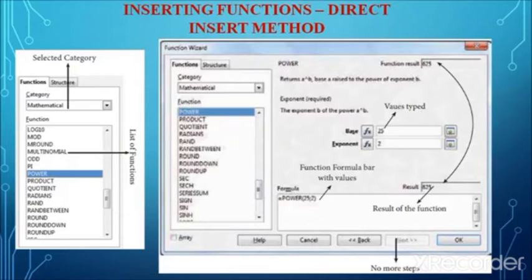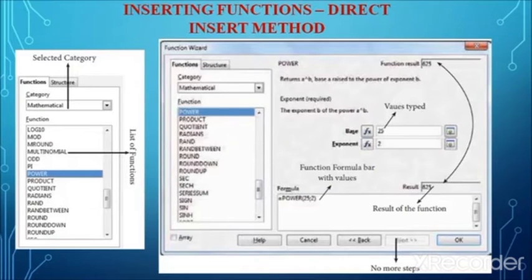If the user knows the function name and its syntax, the user can type directly into the cell in the worksheet. For example, the user can directly type the function name sum. Sum is the most frequently used function to add a set of values, a group of values. A function will begin with the equal to symbol.